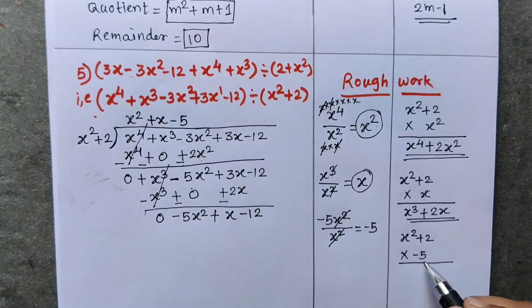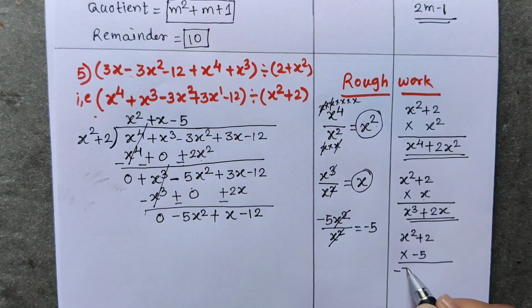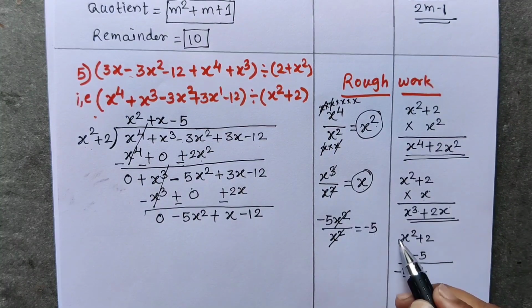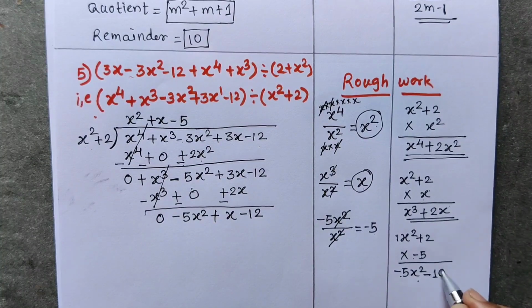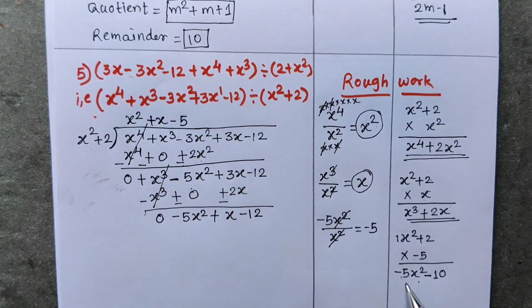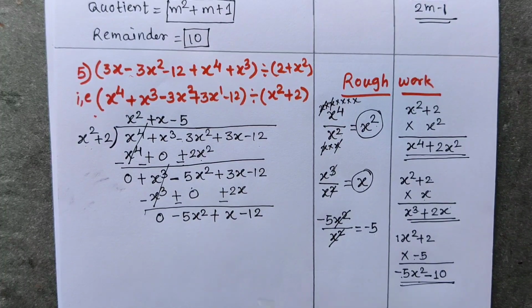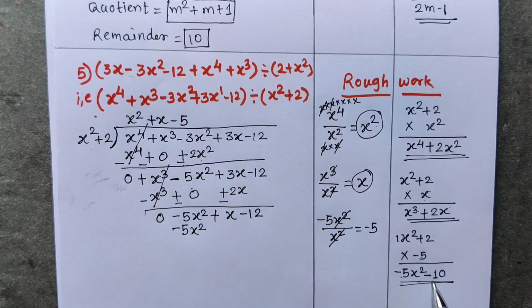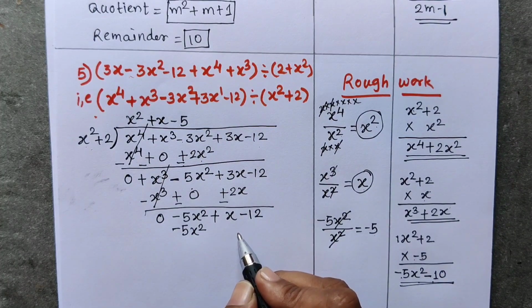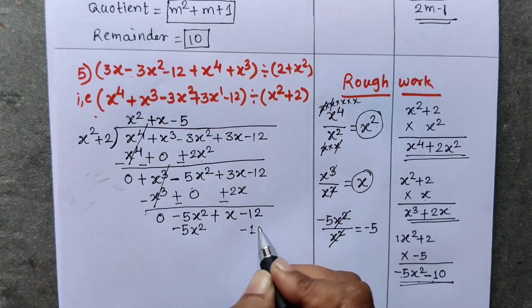Okay, x square multiplied by minus 5 is minus 5x square, because the quotient here is 1. 1 into minus 5 is minus 5, and x square as it is we have to put down. Now plus minus sign will be minus, 5 2s are 10. So in this way we have to multiply properly. Minus 5x square we write below minus 5x square, and this minus 10 is the constant term, only number term. Here I am going to put minus 10.